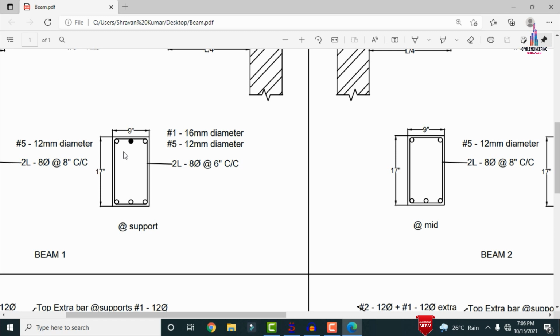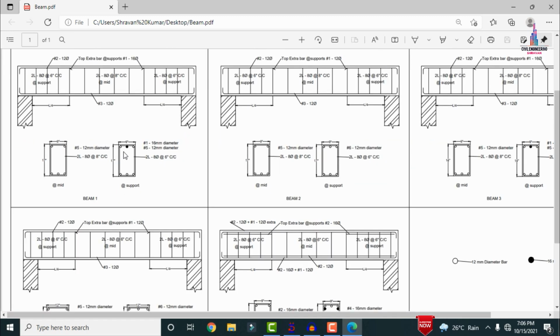Okay, but in StatPro software, it is showing a high amount of reinforcement values when you compare with the site executed values as per the design section. So this is the main point we need to keep in mind before designing the building. Again, in the same process I will show you the next beam.